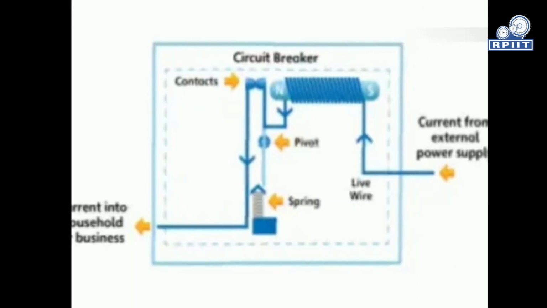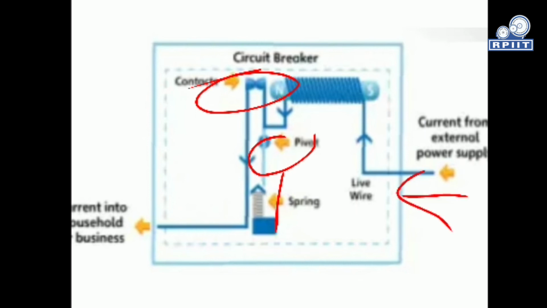Here is a pictorial view of a circuit breaker. You can see over here, this is the circuit breaker contact that is pivoted with a spring medium over here. We put the external input signal to our magnet. This is our load basically, and we are giving the supply. Whenever there is a fault over here, we have to save this equipment. So this circuit will open automatically, and it will separate this device from this one.